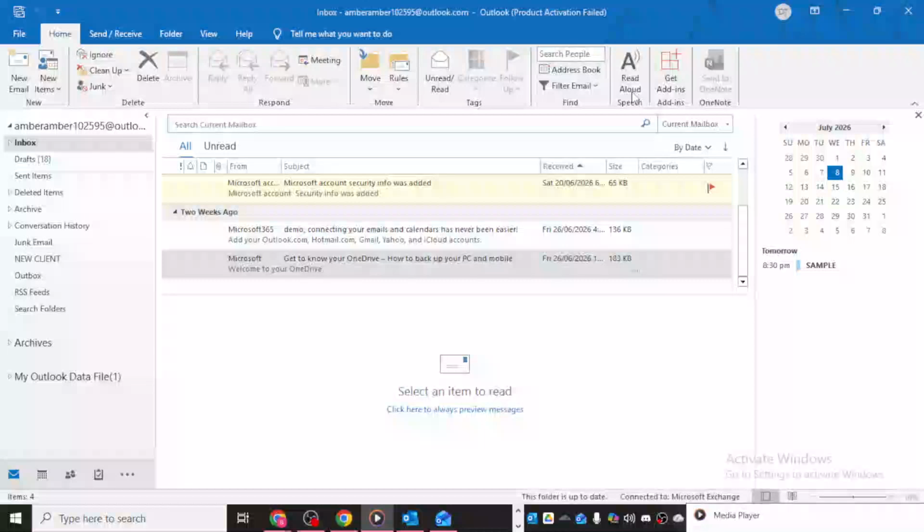In today's video, I'm going to teach you how to back up email from GoDaddy. To get started, open Microsoft Outlook on your computer. This method works by first connecting your GoDaddy email account to Outlook and then exporting a copy of your mailbox into a backup file that you can save for future use.